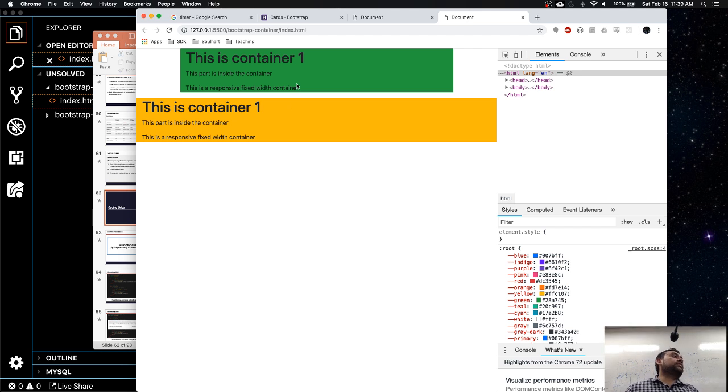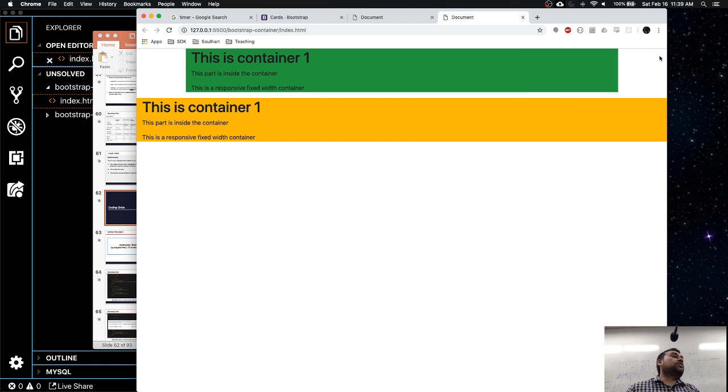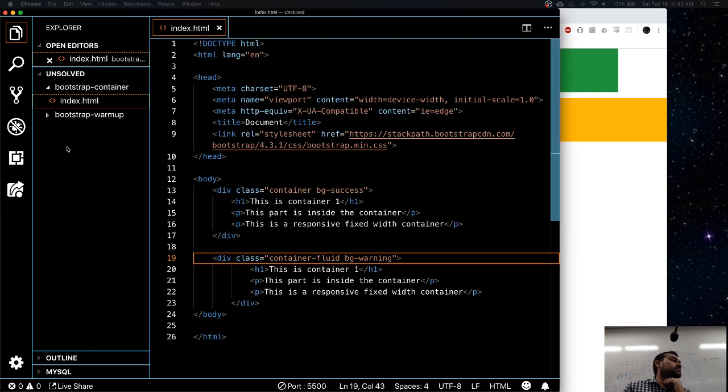Fluid takes up the whole width, and the non-fluid one takes up a defined width, and it changes based on the breakpoints. What do I mean by breakpoints? Breakpoints are the screen sizes that we saw. Excellent. Let's go ahead and march on to our div classes now.